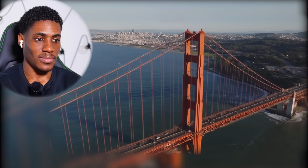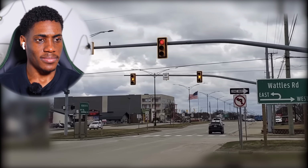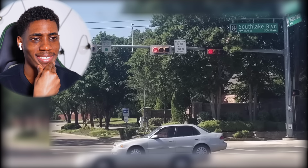So you can really see quite a regional difference, and counties in the US are typically smaller than what you would think of as a county in the UK. So you could only be driving for 10 or 15 minutes to a different county, and you'll find a little bit different of a traffic light system there. And to add to that, in America, you've got some places that hang the traffic lights vertically, like this, and some places that mount them horizontally, like this. So to sum up this section, in the UK...